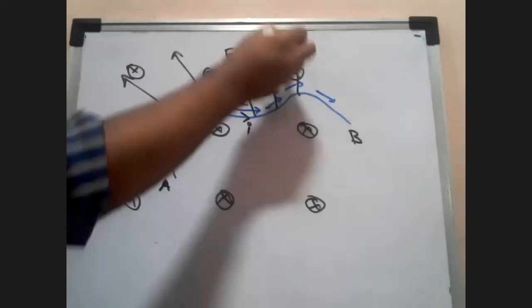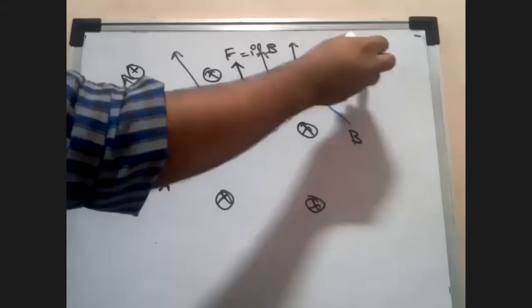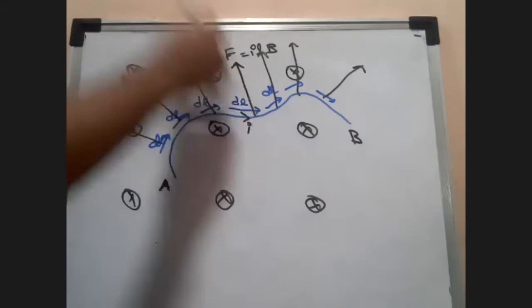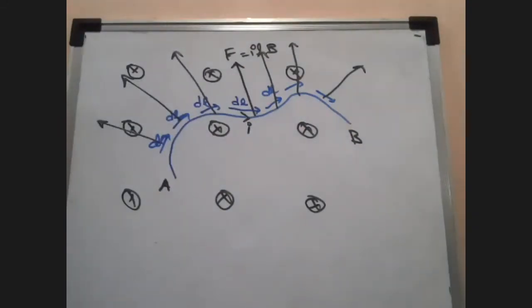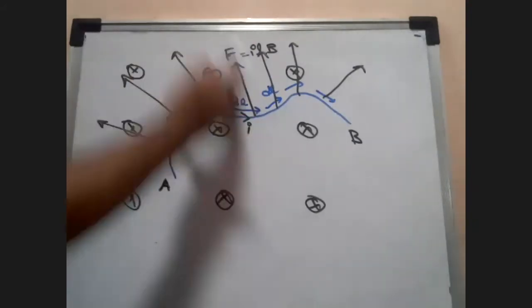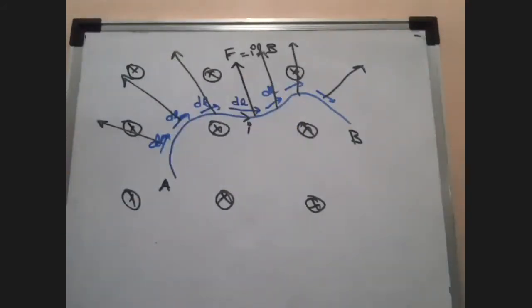So I am going to tell you, if I give you a question like this, a wire like this, which is somewhat in an irregular shape, then you will have to take a small proportion of it, dL. You will have to find out the force because of that, and then you will have to integrate all the dLs which is causing the forces to be perpendicular to the wire. Okay, but there is a trick here. We don't need to do that.